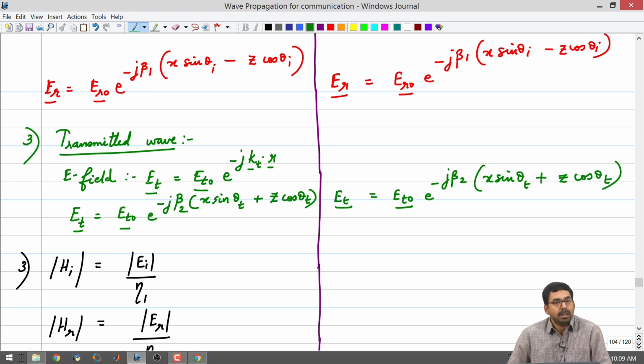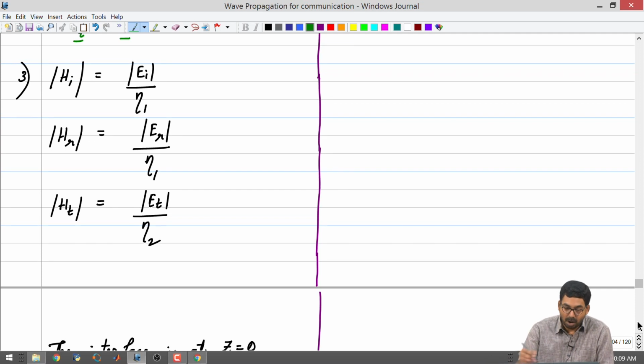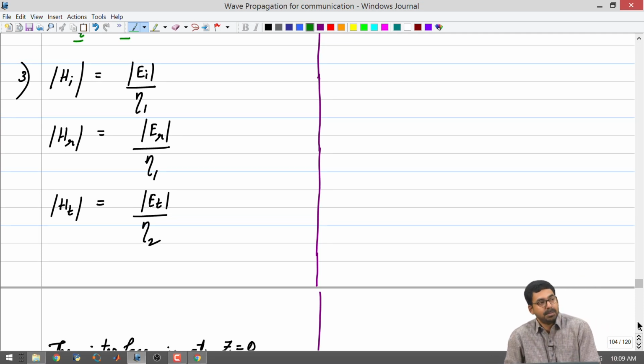The next thing that we did in the previous lecture was write down the expression for the magnetic field in a very simple form. All we did was use Ohm's law to figure out the magnitude of the magnetic field and then write down boundary conditions. Now, electric field expressions are the same, magnetic field expressions are also going to be the same, because you are going to divide each of them by eta, that is it. So, it goes without saying that the form of the incident, reflected and transmitted waves in both the polarizations are going to remain the same.